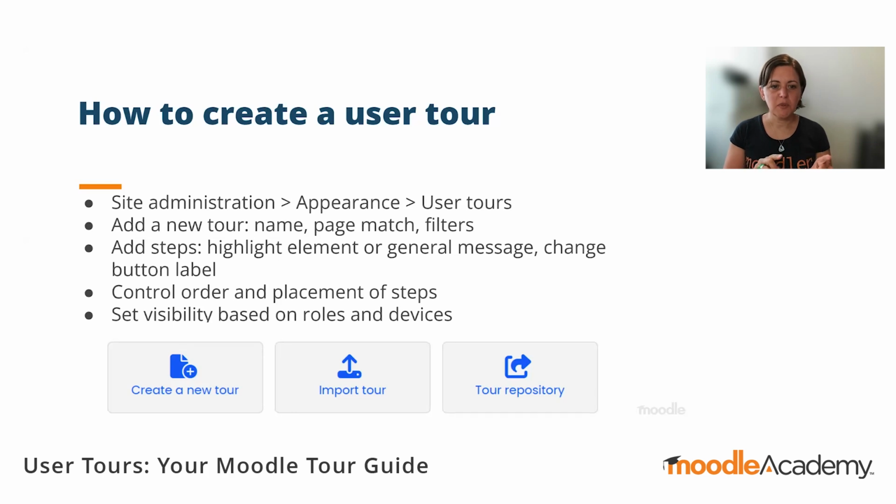So when you're in site administration, appearance, and user tools, you will have those three buttons: create a new tool, import a tool, and tool repository. So to create one from scratch, you just do create a new tool. If you have a tool from someone else, from a different platform, or from Moodle.net, which has a repository as well, you'll be able to import that into